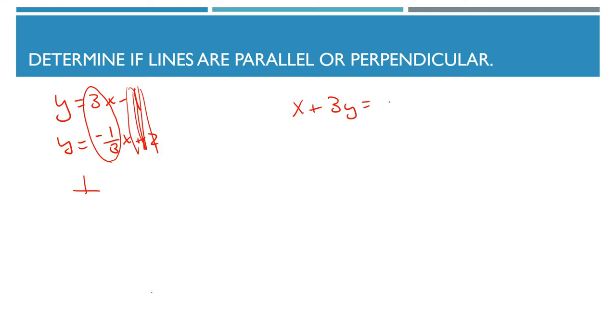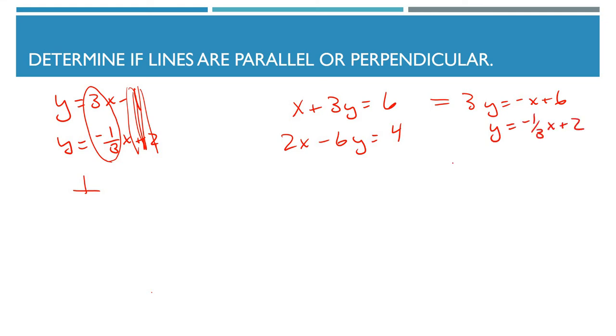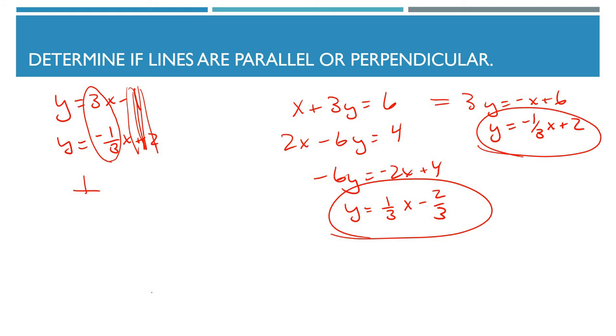x plus 3y equals 6, and 2x minus 6y equals 4. So I can't really tell the slopes in this form, so I'm going to rewrite these. 3y equals -x plus 6, divide by 3, y equals -1/3 x plus 2. This one, I'm going to subtract the 2x from both sides. Divide by -6, I get y equals 1/3 x minus 2/3. These two lines are neither parallel nor perpendicular. They don't have the same slope. Their slopes are opposites but not reciprocals, so these are neither parallel